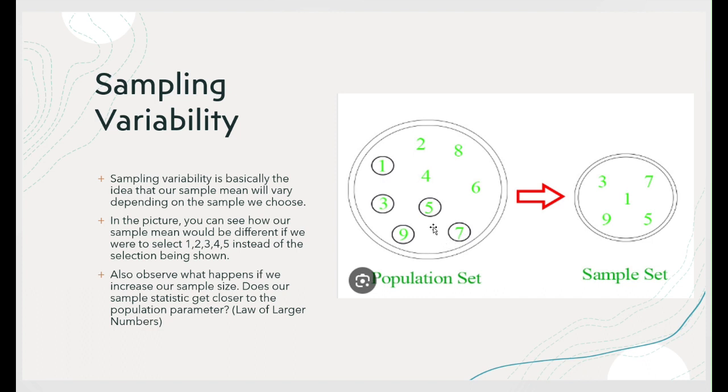Because if we take 7 numbers, there's only a certain number of ways you can select this sample, and your sample is going to encompass most of the population. It's going to be a good representation of the population, so there's only limited variability in that case. There's also a concept that relates to the law of large numbers, so you could look that up if you want to learn more. But moving on,